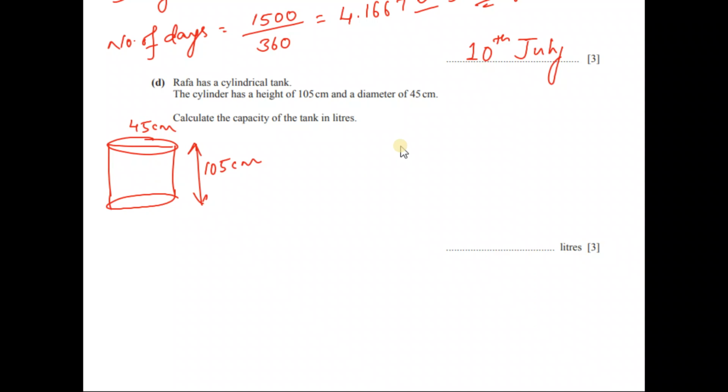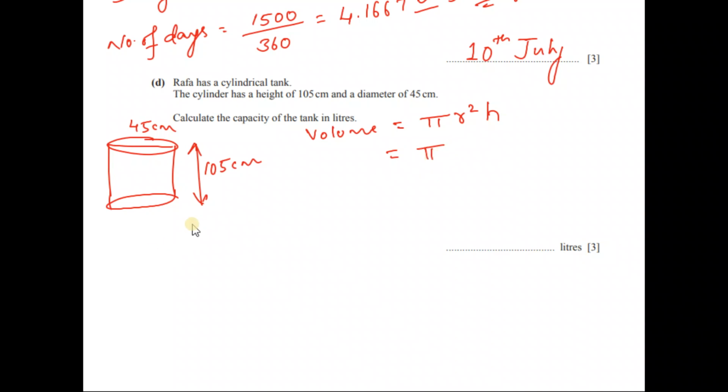And the next thing we are going to do is divide it by 1000, and we are going to get our answer in liters. Okay, so we'll start with the formula, because there's a simple formula. Capacity is basically the volume of the tank. So volume of the tank, and that too it's a cylindrical tank, so the formula is pi r square